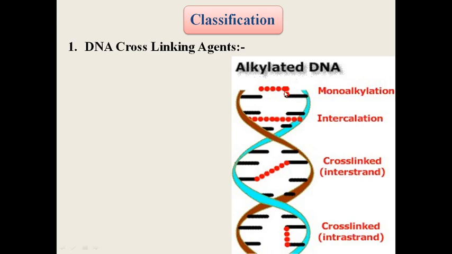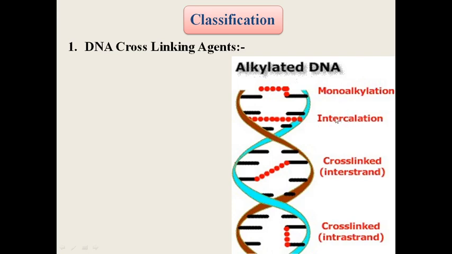First see here for monoalkylation. There are two strands here. One strand is shown as brown and another DNA strand is shown as blue. You can see in the upper portion the red structure shown. It is our anti-cancer agent. This anti-cancer agent has alkylated a single DNA base. It is alkylated, so this will be called monoalkylation.